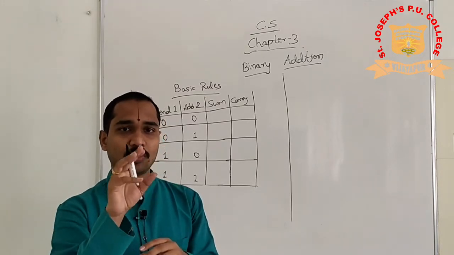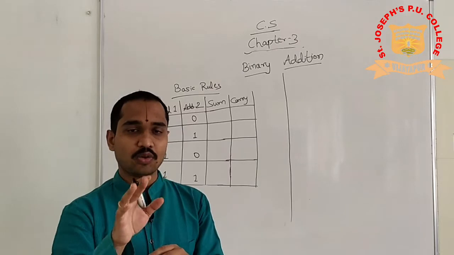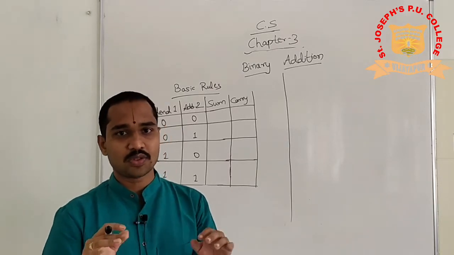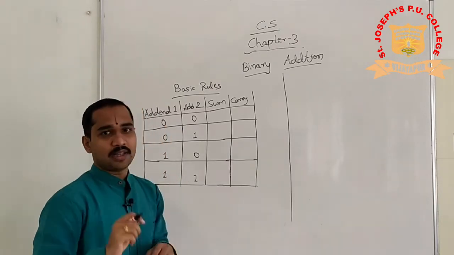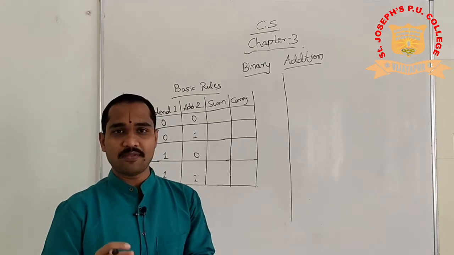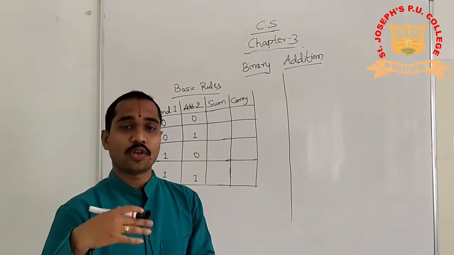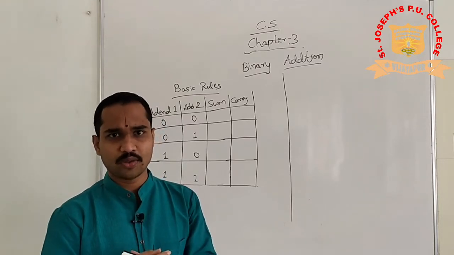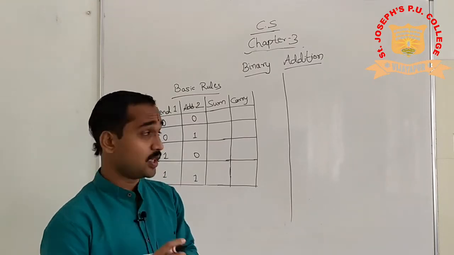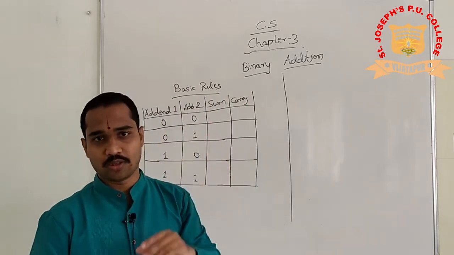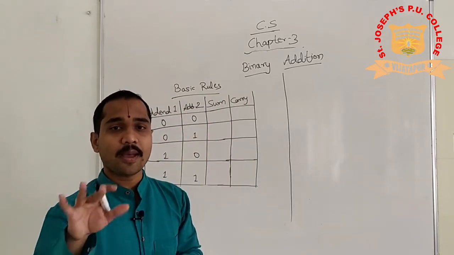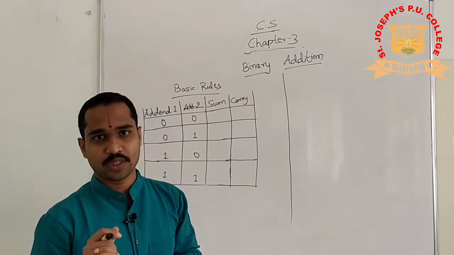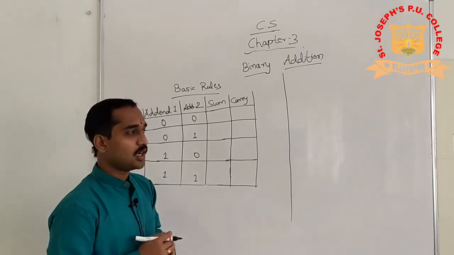Now we know how to convert binary to decimal and decimal to binary. We have understood this. Given binary numbers, there will be some rules for addition and subtraction, just like your decimal rules. So first we have to study binary addition, and later we have to study binary subtraction. Okay, fine. Shall we start?